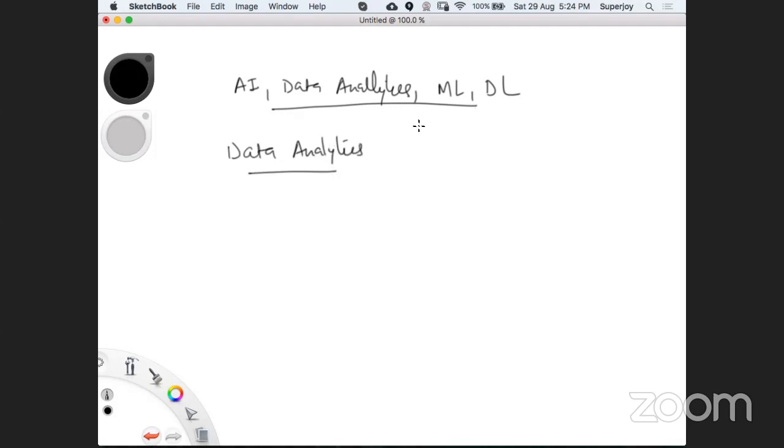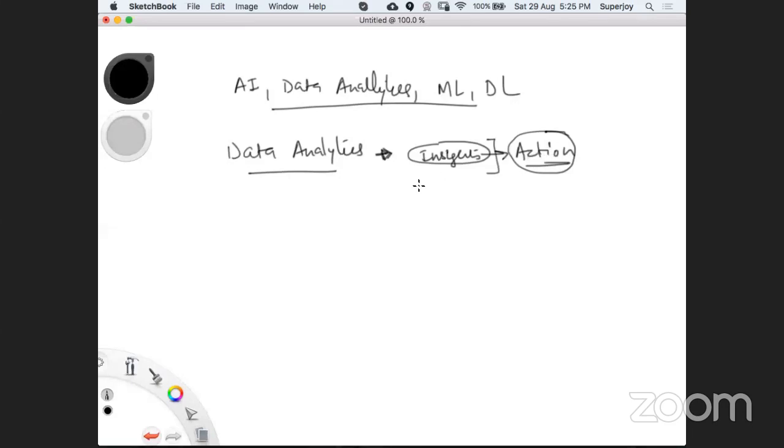So guys, data analytics means analyzing your data. And from that analysis, we should be able to get some insight, some meaningful information. And based on that insight, we should be able to take some action, right? Because otherwise, if you do not take the action, how is it going to improve the business, or the process, or something? You may find out the insights, but if you do not take the action, nothing is going to happen.